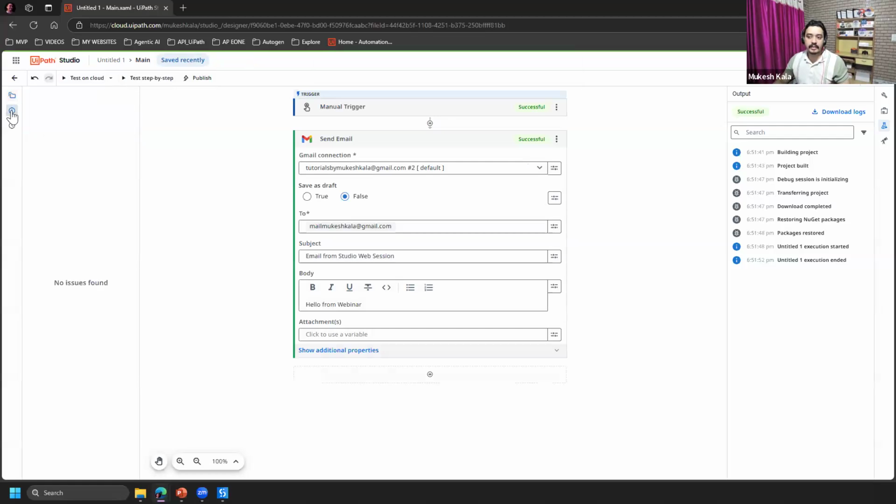Then this is your error panel. Any errors or issues will be available here. This is the change history. People who are aware from programming, we have git, svn where you store the code. Since this is working on web, you have all these versions which are available here. You have this undo redo button here.